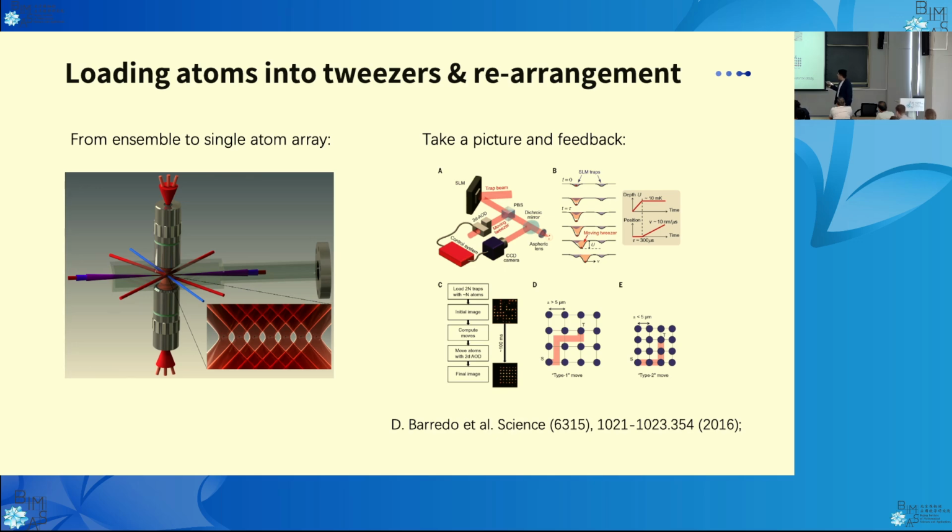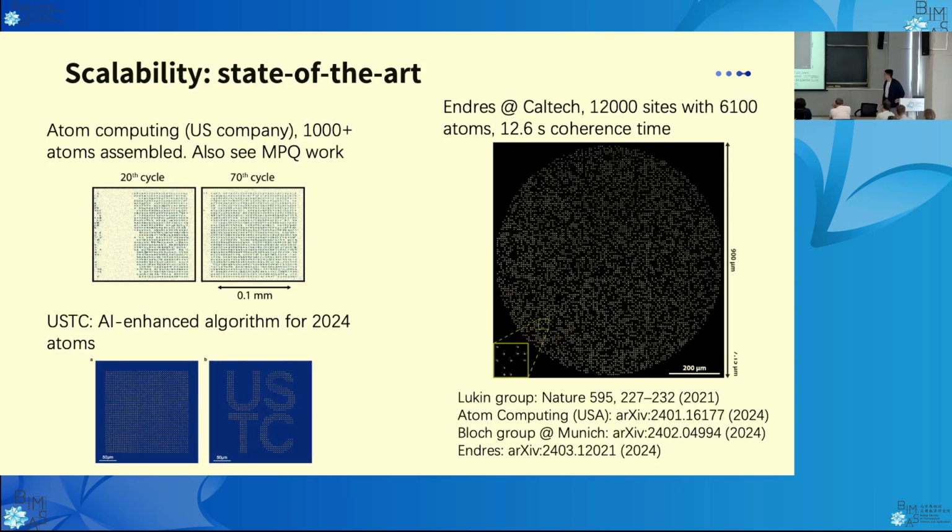And then one has to take an image and remove this classical entropy by physically moving the atoms into a unity filled array. So there's a classical feedback already applied,